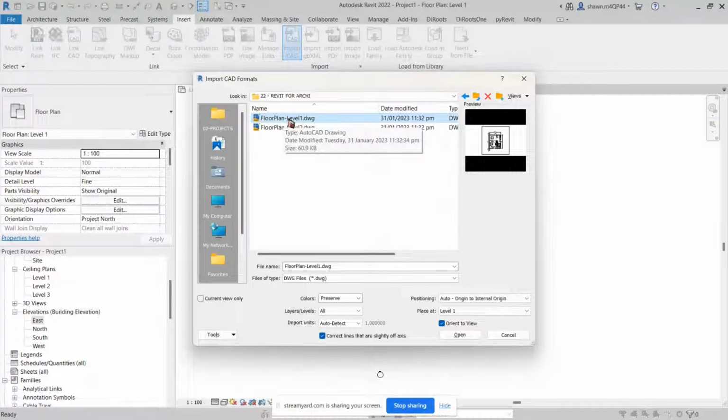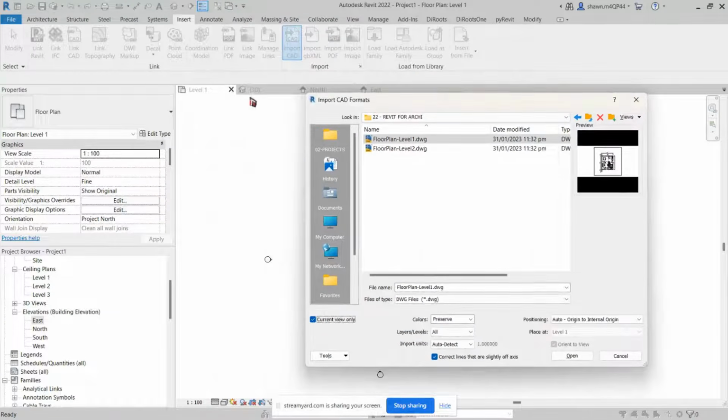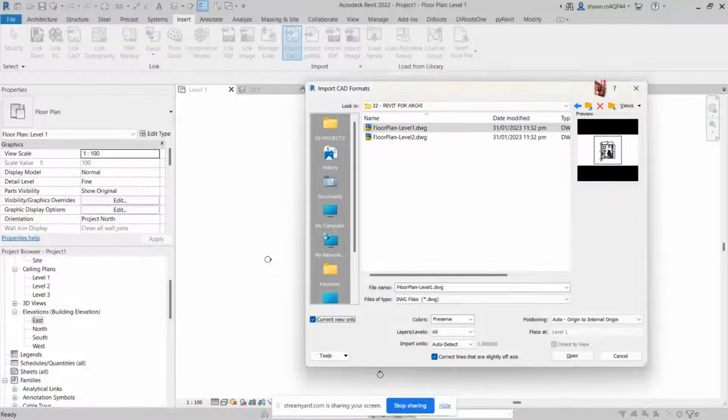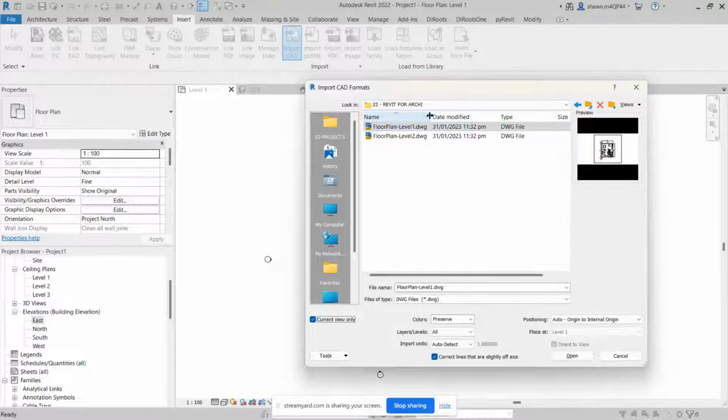So I will load floor plan level 1. Then I'll select current view only. So again, the current view is level 1. If I didn't tick the current view only, this CAD file might appear on your 3D views and might contribute to the file size of your project. I'll click open